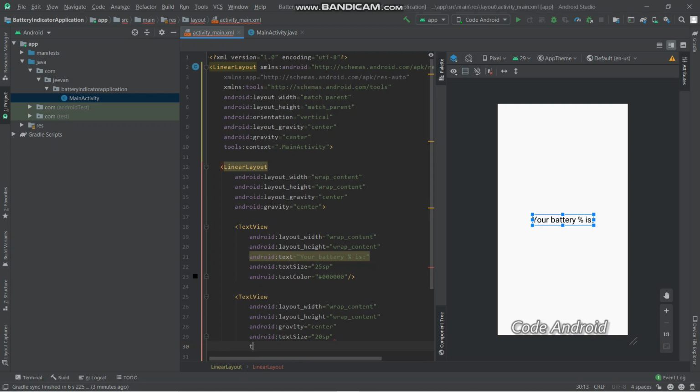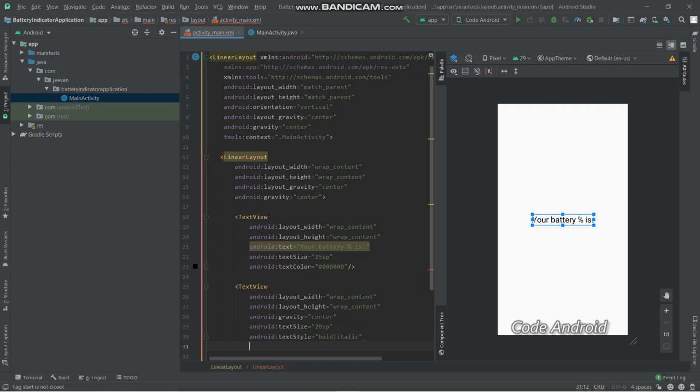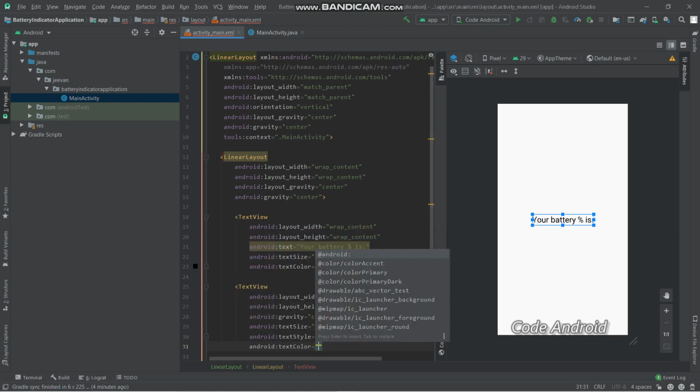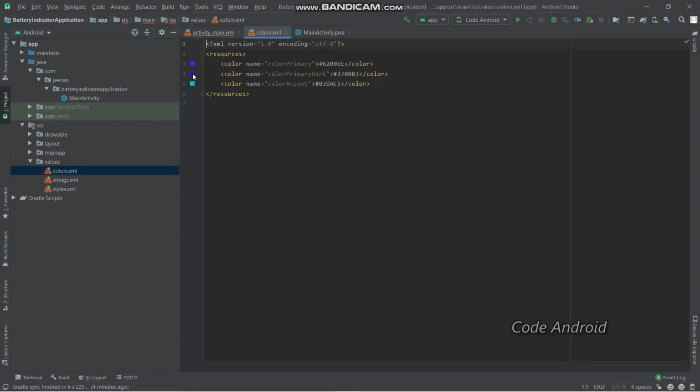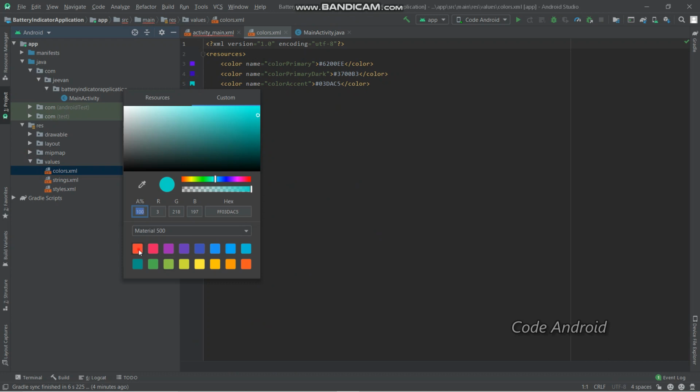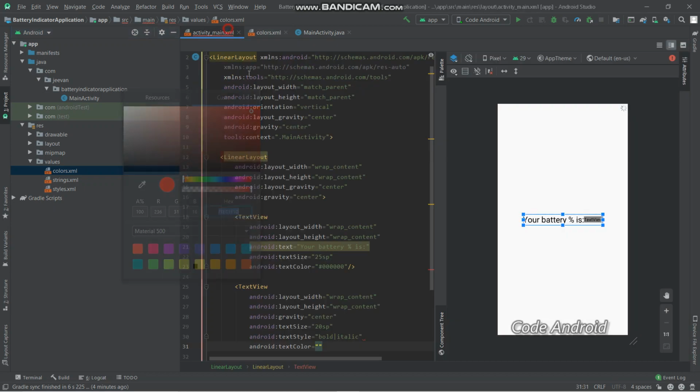Let the text be bold, so we are going to give text style as bold, and if you want you can give italic also along with bold, and the text color be, we shall select the color here. Let it be red. Okay, select this hexacode, copy it